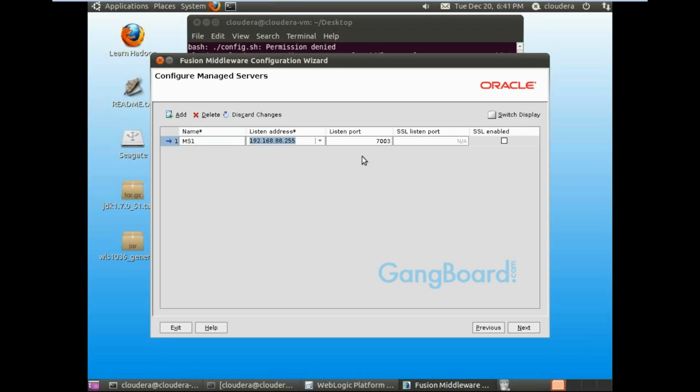Port, it is taking 7003 by default. No need to put the port. The managed server port totally depends on your configuration, how you are configuring the system.